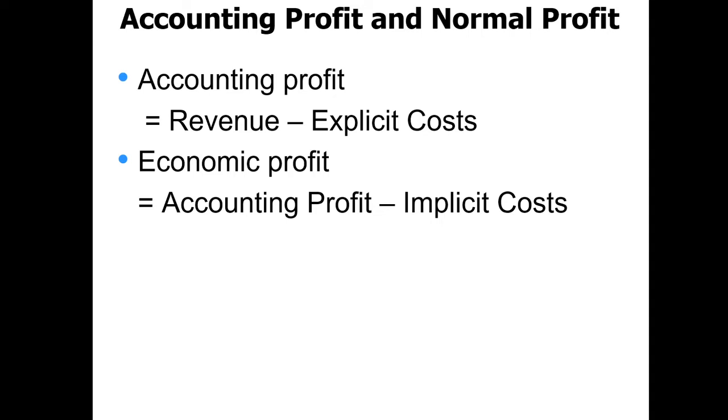Well, I left my teaching job. Let's say my teaching job pays me $100,000. That's the implicit cost. So you take the accounting profit of $75,000 minus the implicit cost, my salary at Great Neck, the $100,000, and I'm actually left with a negative $25,000. So I left my job, ran a pizza place, and I am $25,000 less than I was the year before.